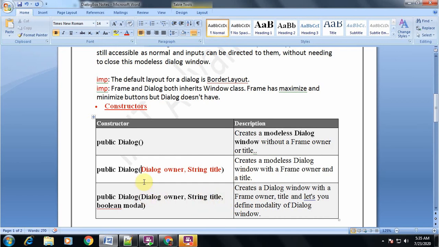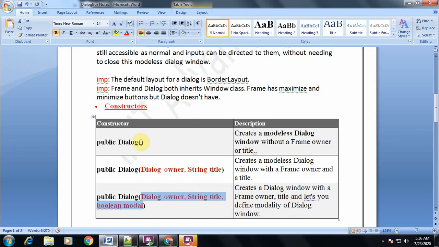The third constructor takes dialog owner, string title and a boolean modal. Like the first two constructors, the owner is the parent frame, then you have the string title, and the boolean modal lets you define the modality of a dialog window.